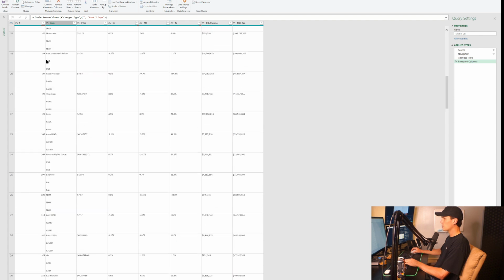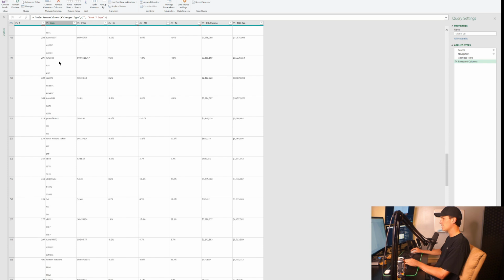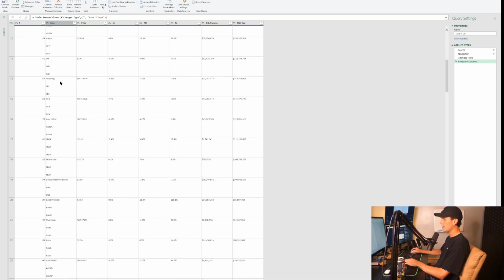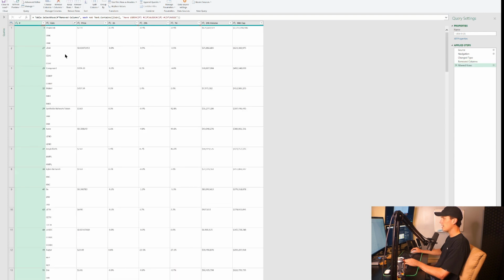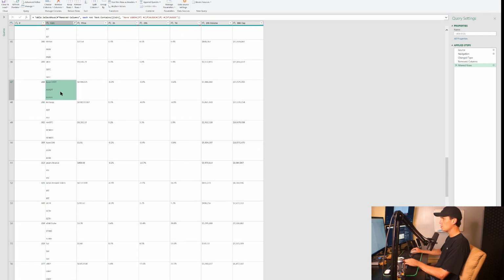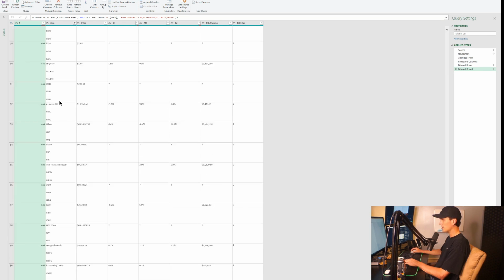The tough part here is we're going to have to take out a lot of coins, which we kind of don't need. Like, for example, on the Aave platform or the Lend platform, there's a lot of coins. Here's a good example, like Aave USDC. We probably don't need that. So you just right click text value and we're going to do does not contain, and it's going to take out those coins or the things we don't need. Like we don't need Aave USDT. The only bad part about this is it will take a little bit of time. So it's going to take you 10 or 15 minutes to get out a lot of the coins you don't